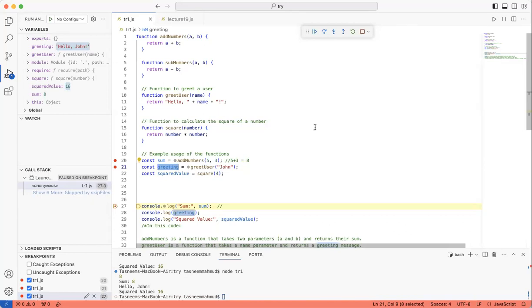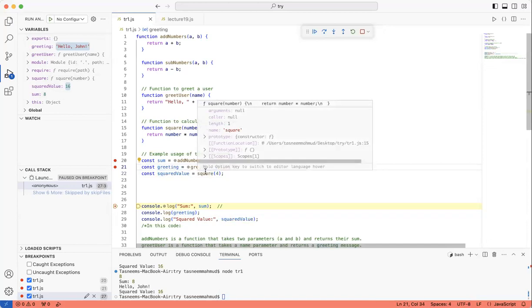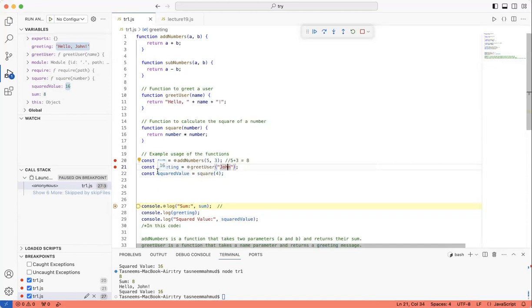Any questions about the concept of how it's working? No? Okay. So now we understand how the breakpoints and the play button work, right? You set the breakpoints and the play button plays for every single breakpoint. Squared value, you see over here, is a variable that we set to square the value of 4 or whichever value you want to square. Is that clear for you? It's a variable over here. Najla, is that clear?